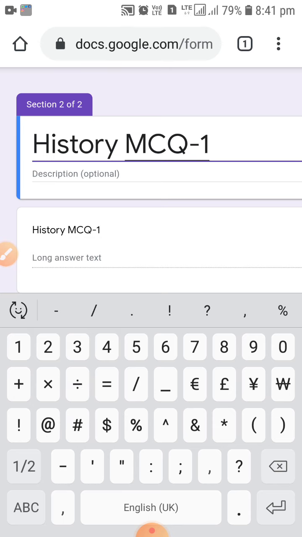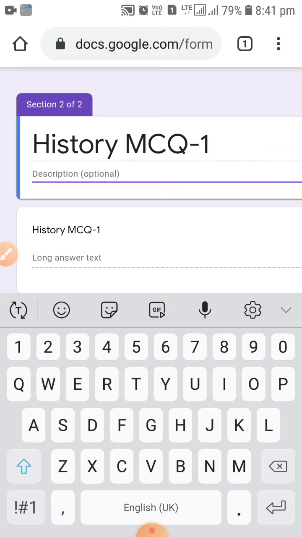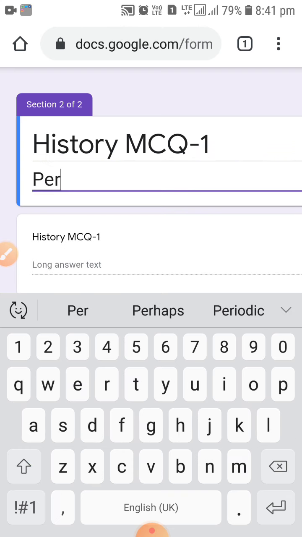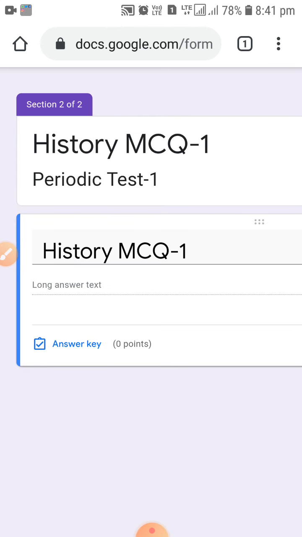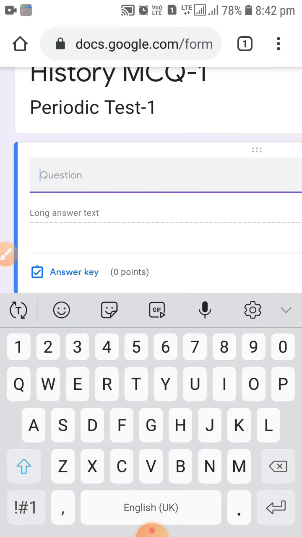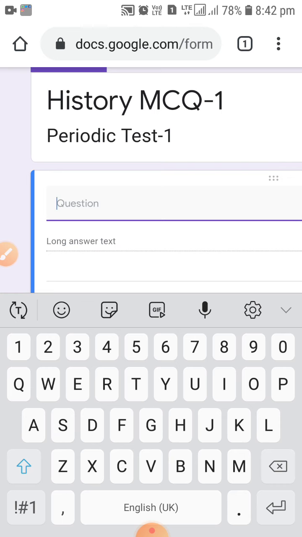Description, if you want to write, then you can write a description. Suppose I am taking a periodic test from the students, periodic test 1. Okay, and now here goes your first question.